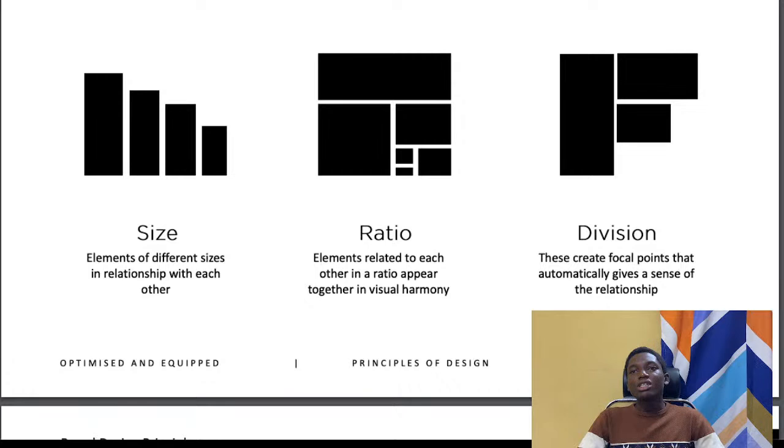The ratio is the elements related to each other in a ratio, appearing together in visual harmony. This is showing us that in everything we are going to do in this ratio element of designs, compared to the scale and proportions, it needs to be put in a way in which there is harmony. It's harmonized. It ought to have a harmonious form, because there is no way you are going to be designing